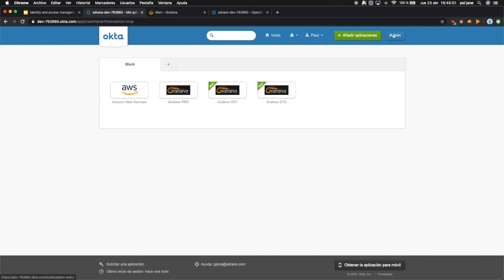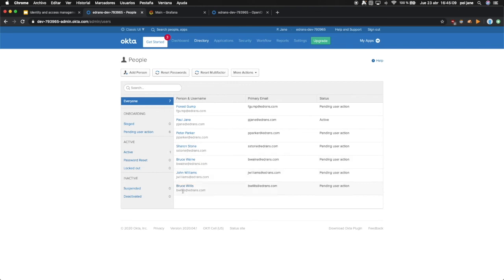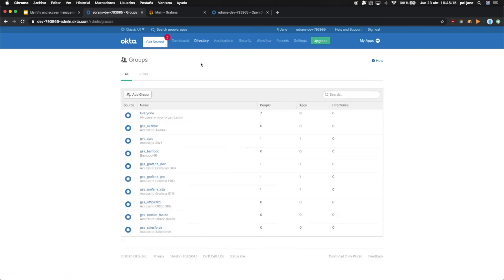Let's go to our admin console so I can show you that all the user accounts have been properly created with all the attributes in their profiles, which automatically works with the group roles so that users are assigned to their respective groups and applications.